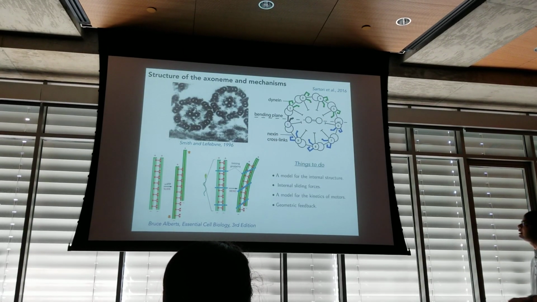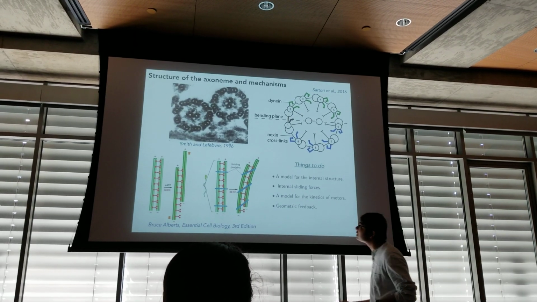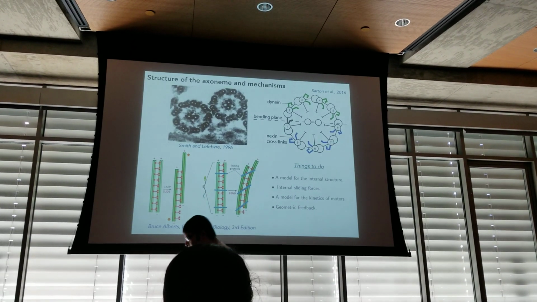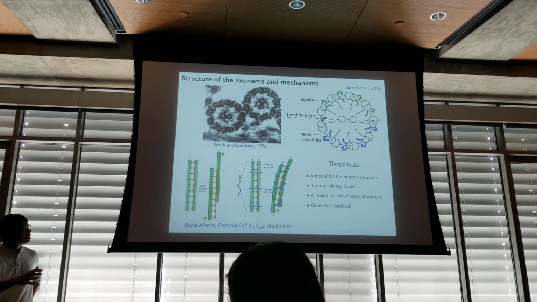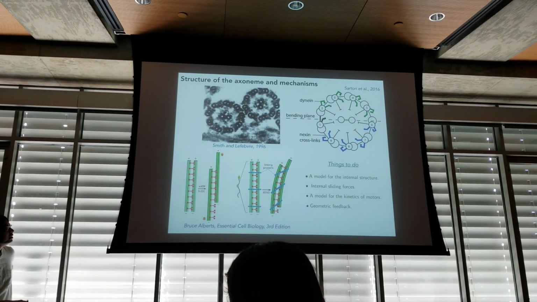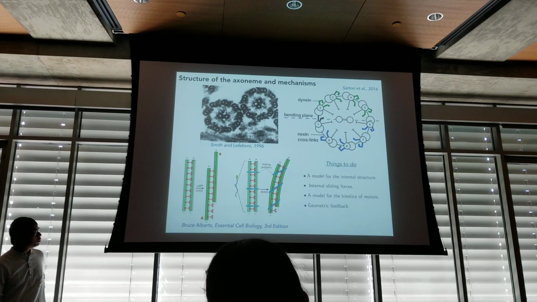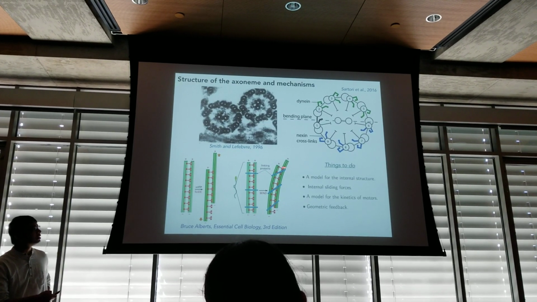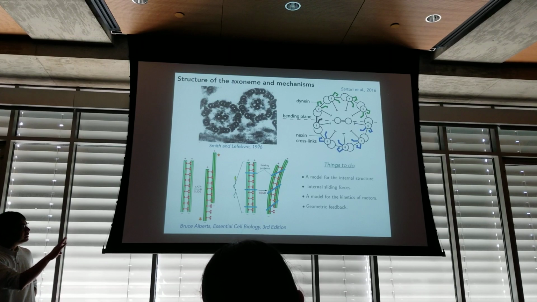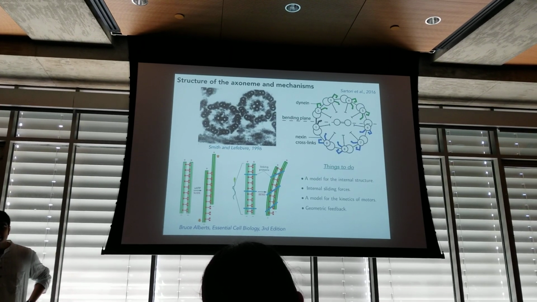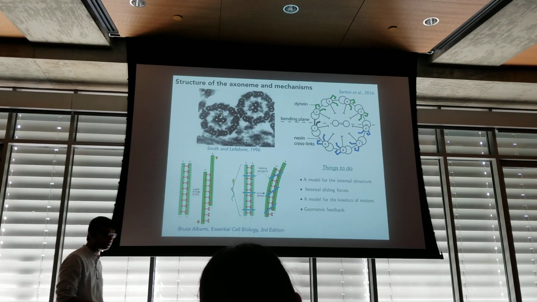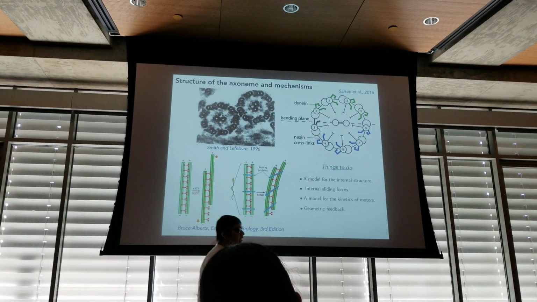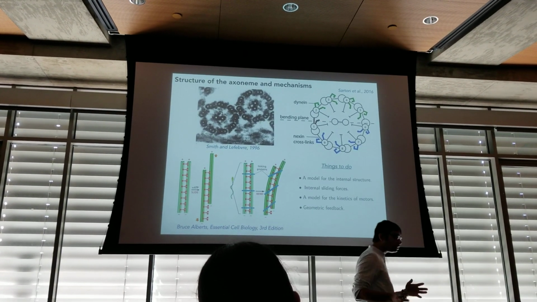I just want you to appreciate that this process is extremely efficient because there are thousands of molecular motors that need to coordinate with each other, and there are 50 or 100 switching events happening per second. So it's extremely efficient. What we want to do is build a simple structural model that retains some of these internal mechanics and internal details, and then prescribe geometric feedback coming from the deformation of the structure that can regulate the dynamics of these molecular motors and result in this periodic switching.